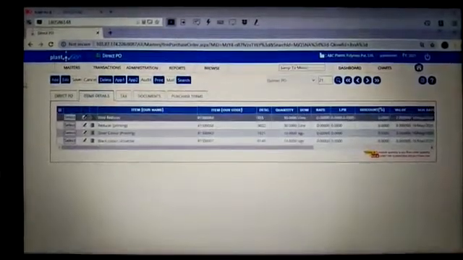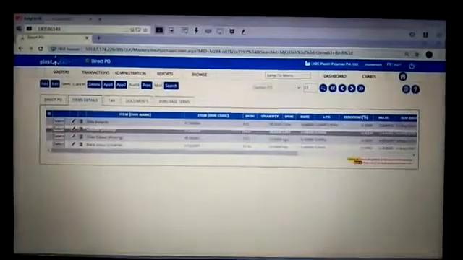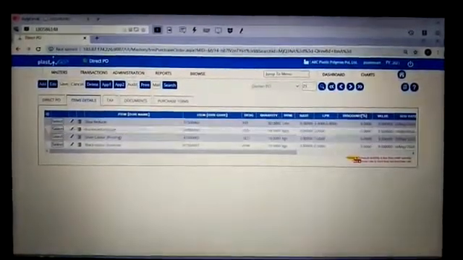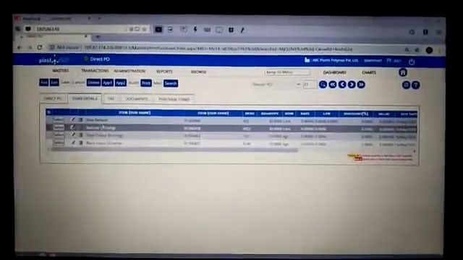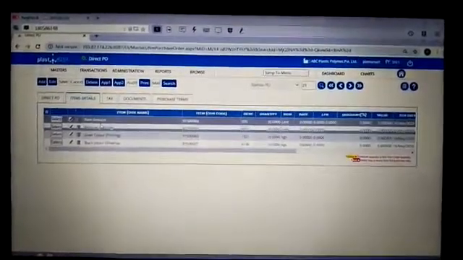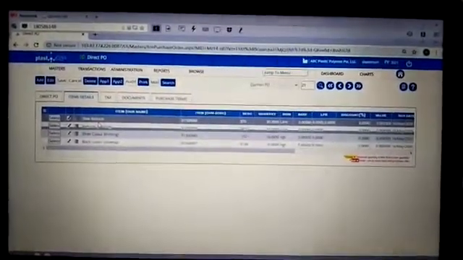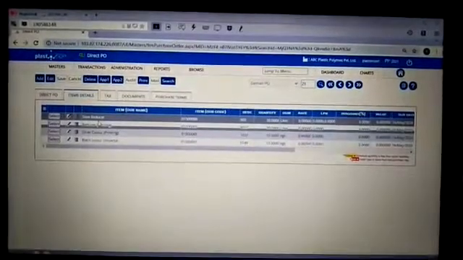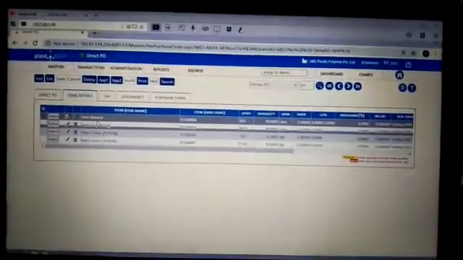Item name. Enter 3 characters of item. Autocomplete drop down of items will come. Select the item for which PO is to be raised.